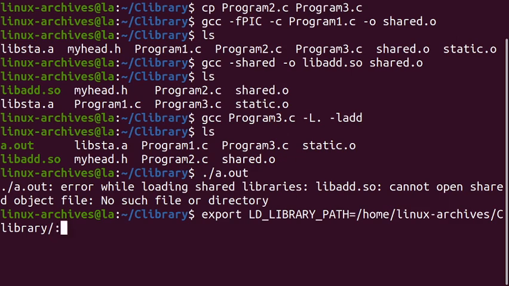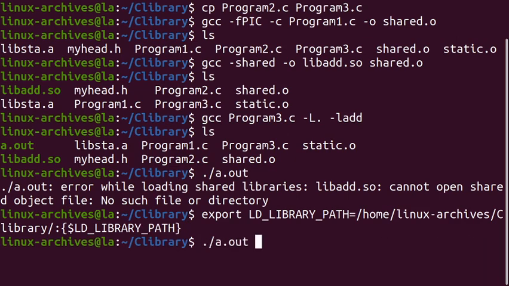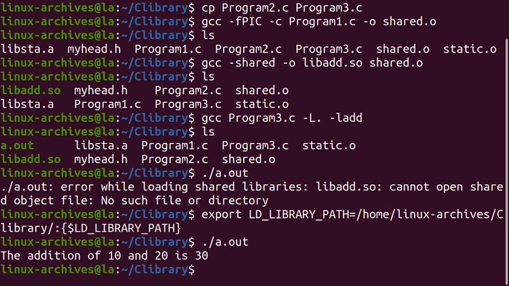And we will keep it in an environment variable as LD_LIBRARY_PATH. This is how we usually set any variable. Now if we compile the file, we have got the output.